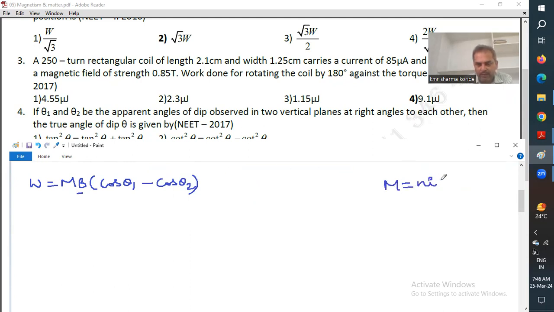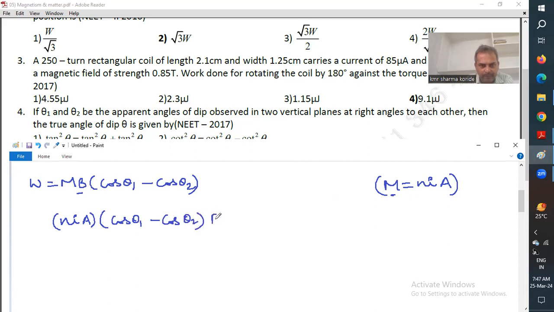M is equal to number of turns, current carrying through the coil, with area of cross section. You'll get this particular equation from the Biot-Savart rule application, magnetic induction at the center of the circular coil, and in association with magnetic dipole moment along the axial line and what is magnetic field. So on comparing those two equations, you'll get this equation. This particular equation will come in theory. So let us directly go to the new question. N into I into A, so cos theta 1 minus cos theta 2